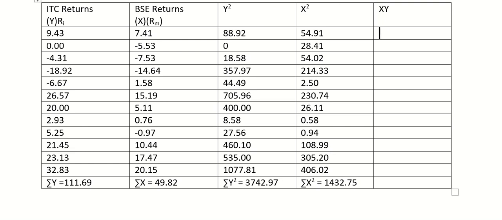Right. So now we'll calculate xy, but we will multiply x with y. So basically this 9.43 multiplied by 7.41, and just like that we'll multiply the whole series, right? So this is 69.88. Then we have 0. Then we have, yes, 0. Then we have 31.68, 276.99,